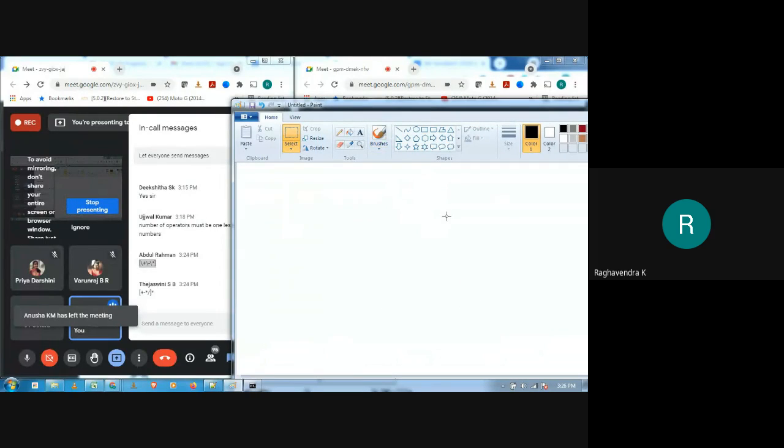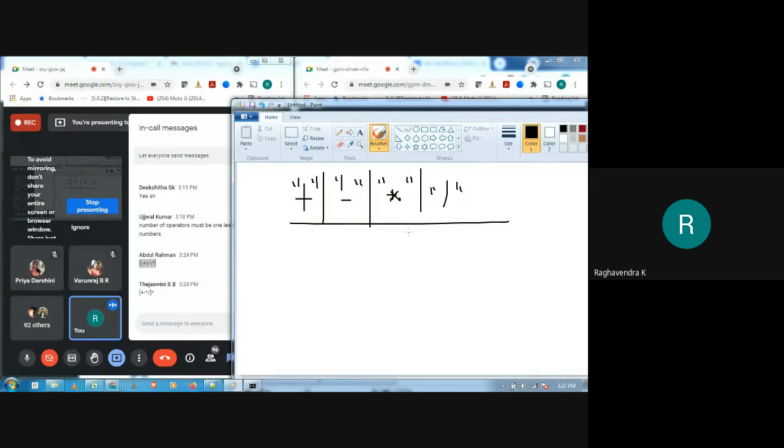But the simplest way, if you don't want to use escape sequences and all, is literally to specify what you are looking for. Like for example, if my name was this, I would literally specify that this is my name, right? So similarly, we can also specify here that we are literally looking for plus, because there are only four things, right? Or I'm looking for minus, or I'm looking for star, or I'm looking for slash. Which slash? This slash, right? So you can simply write it like this. Simple way to write a rule.